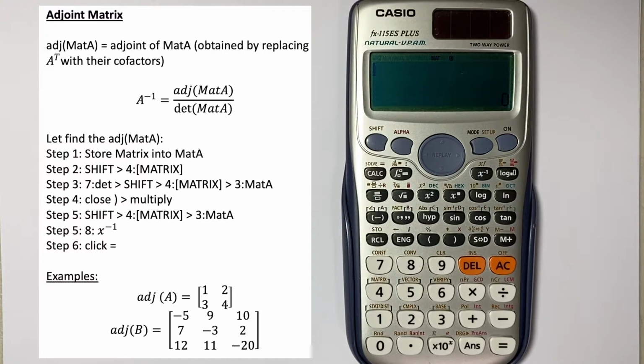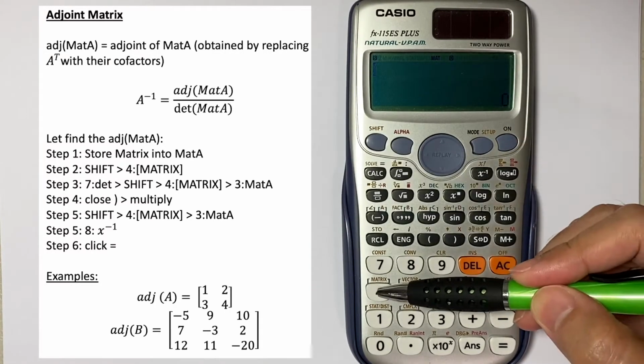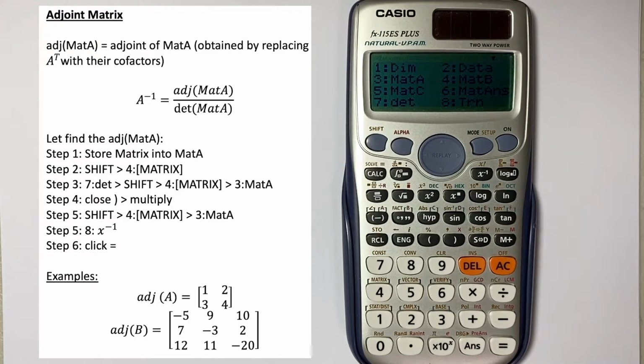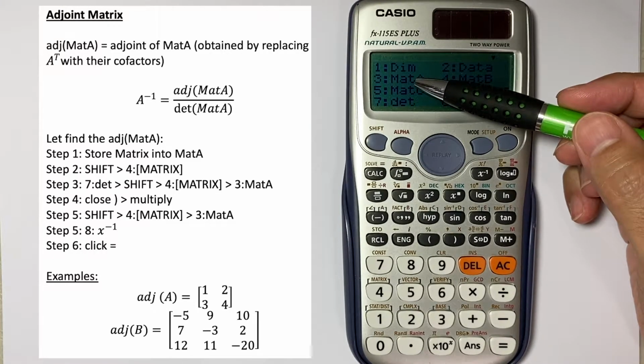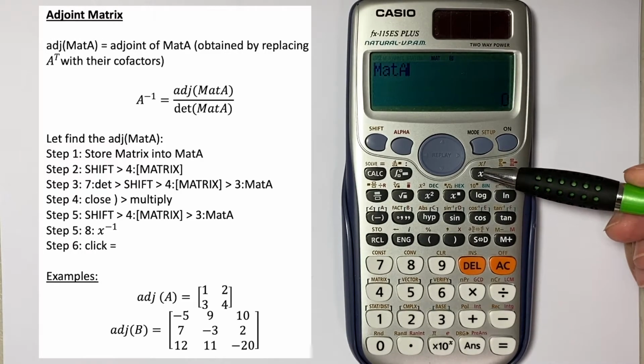Then we're going to go to shift and matrix. And here we have to understand the definition. In order to get the adjoint of A, you have to multiply the determinant of matrix A by the inverse of matrix A. In the previous tutorial, we already talked about how to get the determinant of the matrix and also the inverse matrix. So this makes it a little bit easier to find the adjoint of matrix A. In order to do that, we're going to first take matrix A, the inverse of matrix A, with this power minus 1,